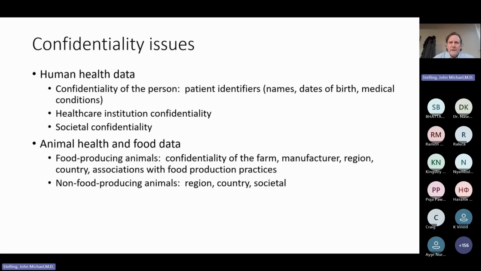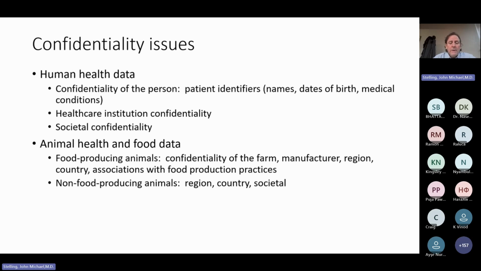Is there a health issue there? Well, that's an important question. But it also became a political question with protesting farmers. We need to protect us. Part of it is a protection of the health of the country, but part of it is also protecting the economy and using this as a mechanism to say that we should not be importing food. So there are very important issues about confidentiality related to economics and marketing and protecting patients, and then the industry